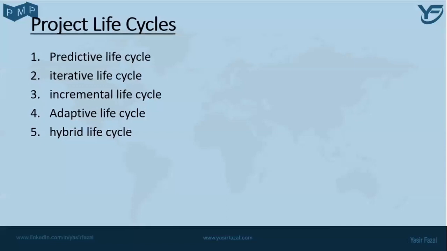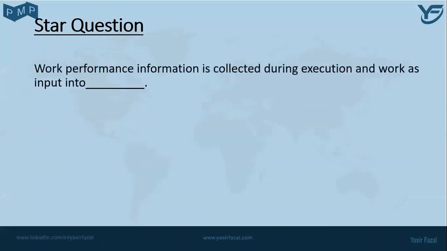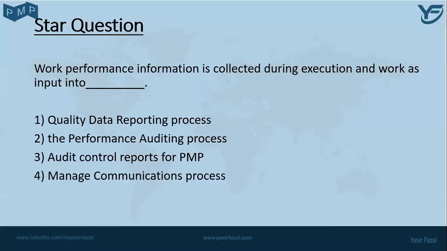So let's move to our next slide, which is actually the star question. Today's star question is: work performance information is collected through execution and work as input into which of the following? The options are: first option is quality data reporting process, second is the performance auditing process, third is audit control reports for PMP, and fourth one is